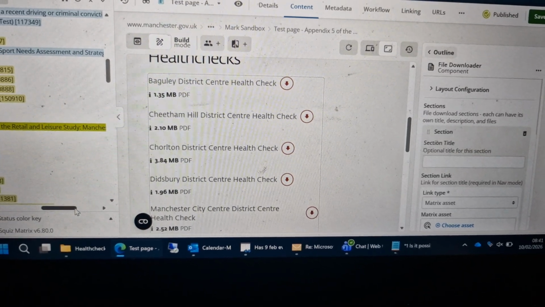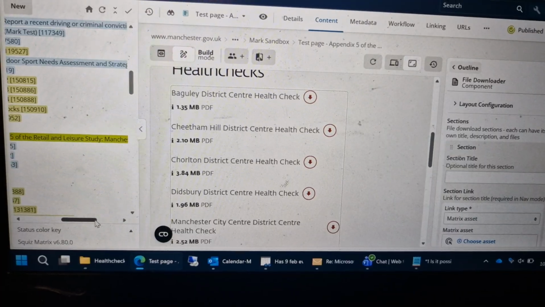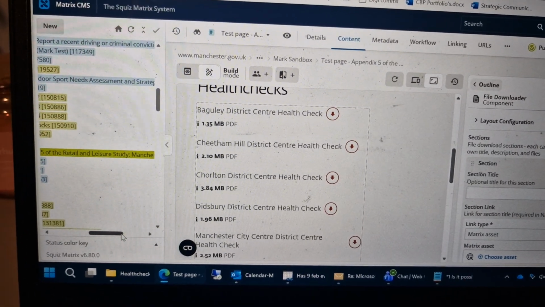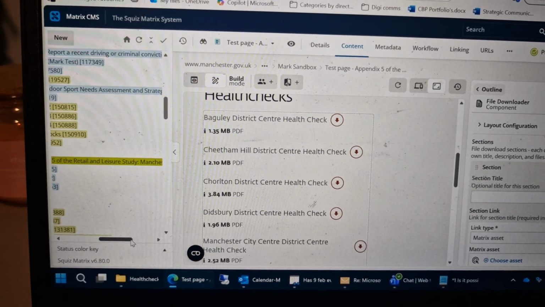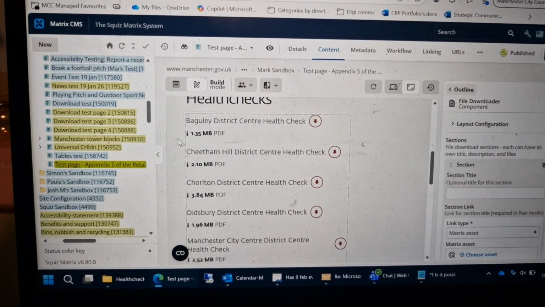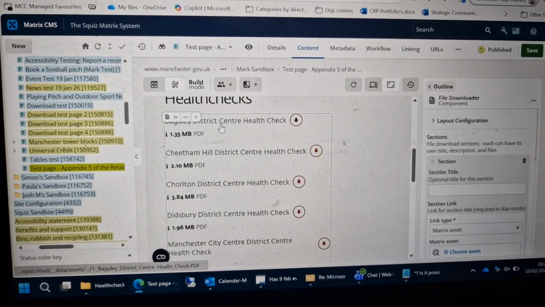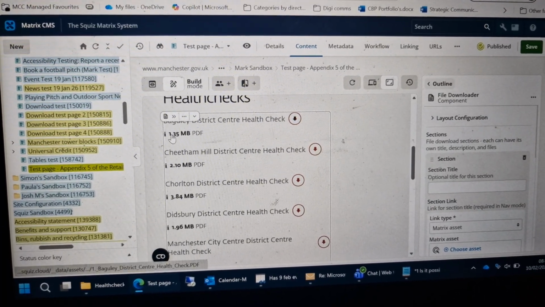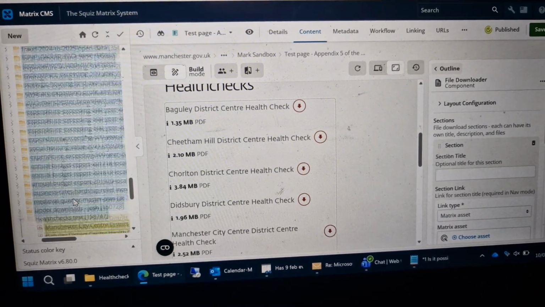Just to demonstrate specifically what I was talking about before in terms of how long it takes for any changes to reflect if you change a file completely, so that the file size changes, that kind of thing. If we, for example, were to change the Bagley file to a different one, so you can see it's 1.35 megabytes there. If we find it down below,